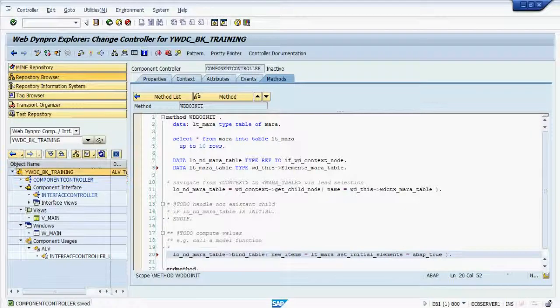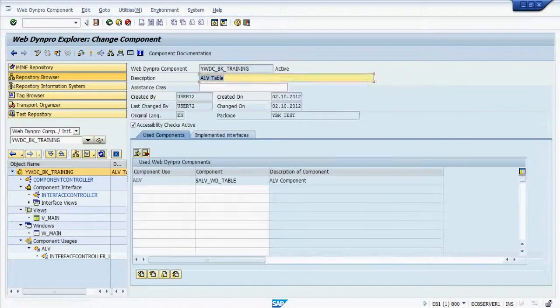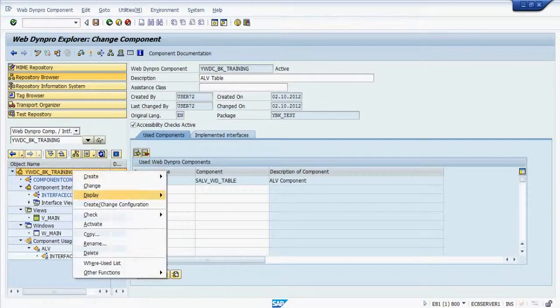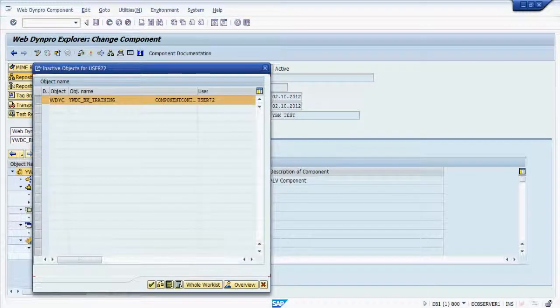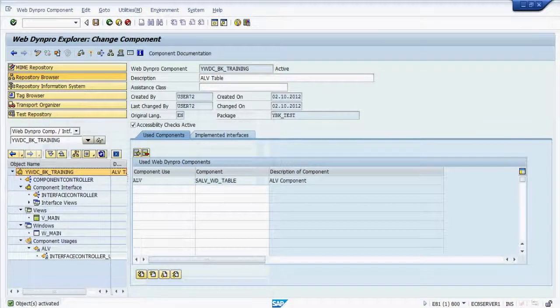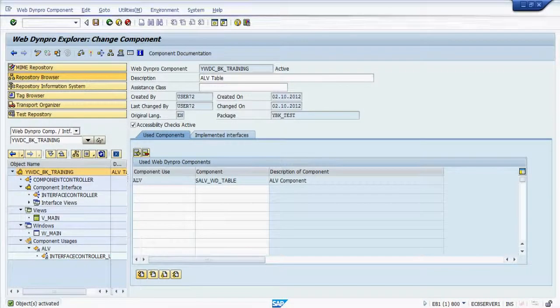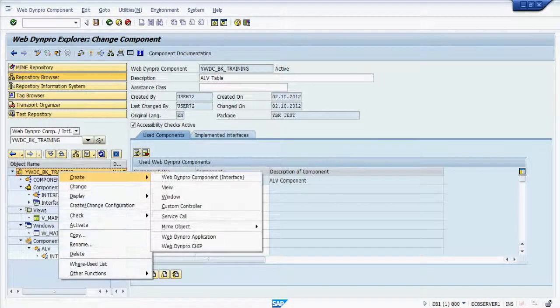Just click on WebDyn Pro component, right click, and activate it. Okay, now just right click on WebDyn Pro component. This is how we have to create the WebDyn Pro application. Like for a module program, you will not be able to execute it directly.